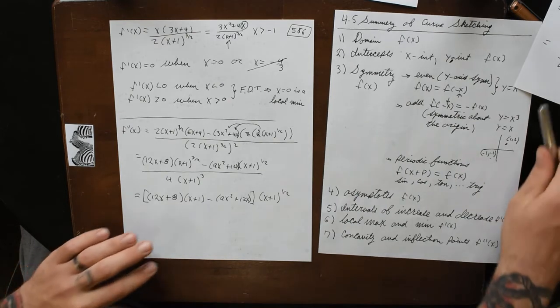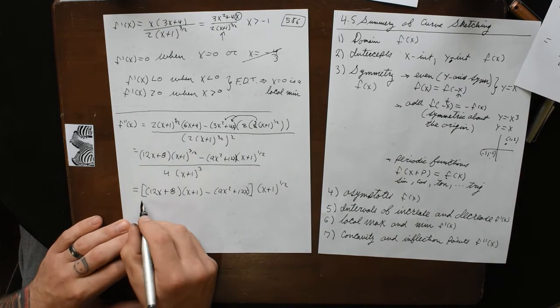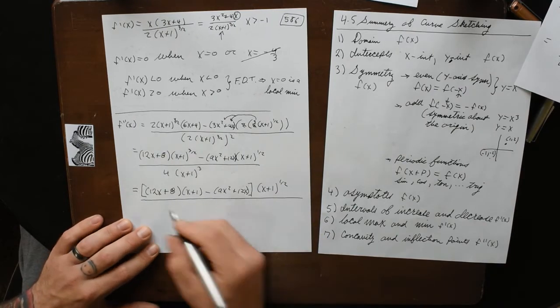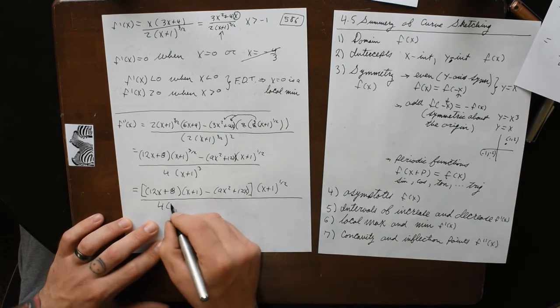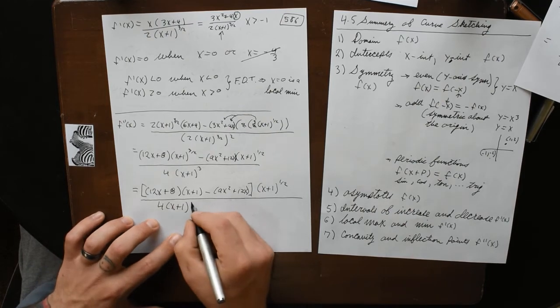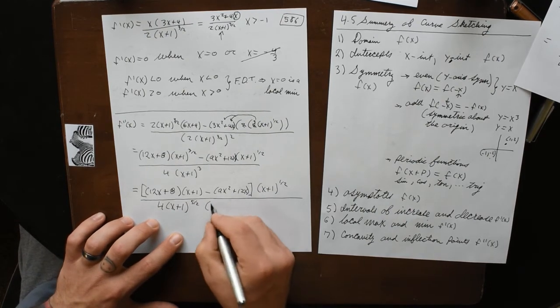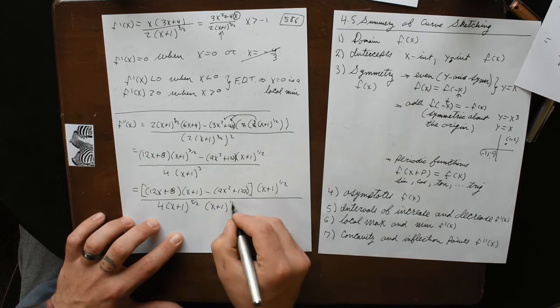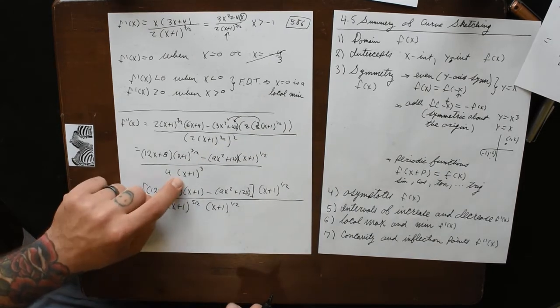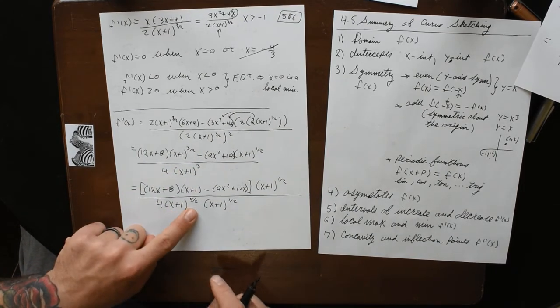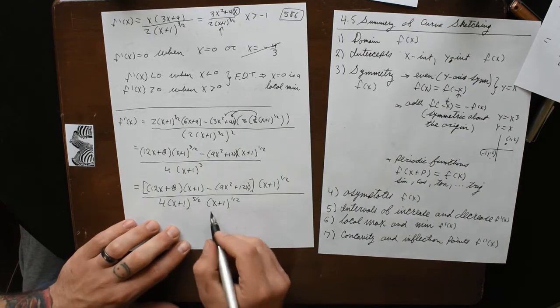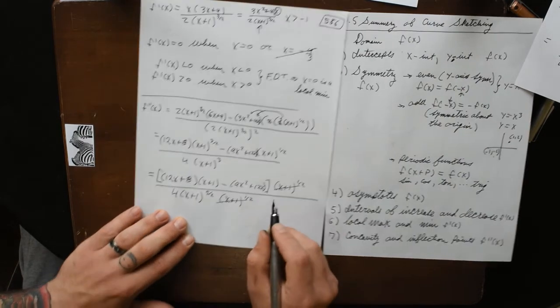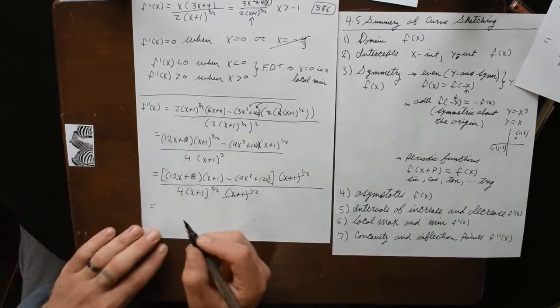All divided by 4 times x plus 1 to the 5 halves times x plus 1 to the 1/2. We can break that x plus 1 cubed into x plus 1 to the 5 halves times x plus 1 to the 1/2. These will cancel, and we're left with